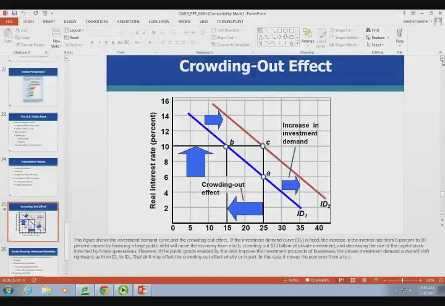Well, what's happening in the crowding out effect is we can have some temporary moves in regards to interest rates. So the higher the interest rate, the less I'm going to invest, right? But if I have an increase in investment demand, it might be at some higher interest rates. I can consider crowding out some incentives to invest. And that's what we mean by the crowding out effect. Not so much that you have to move lines in this model. I'm not expecting you to understand moving models.